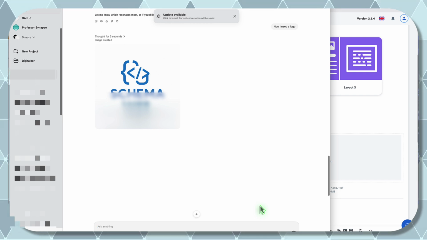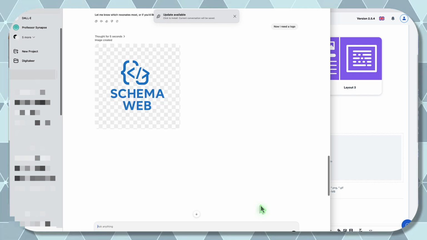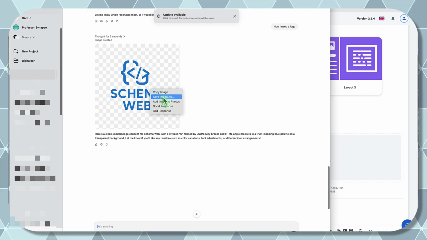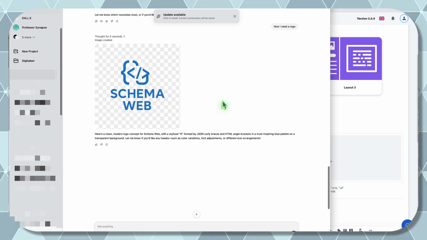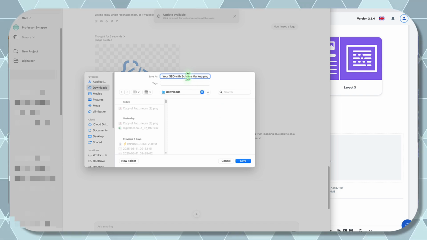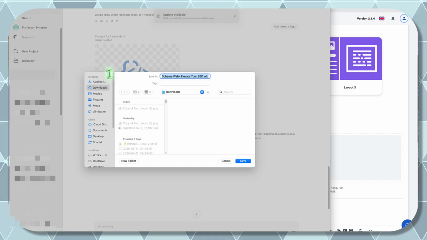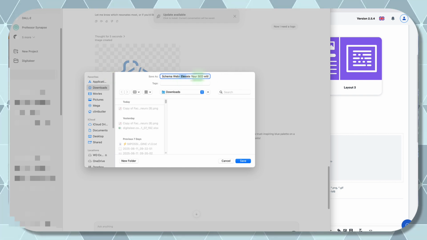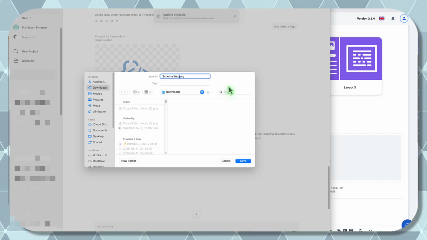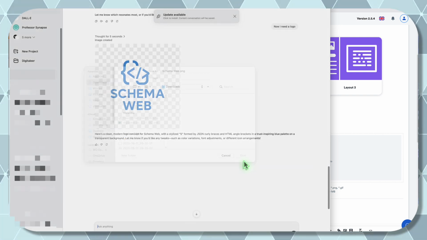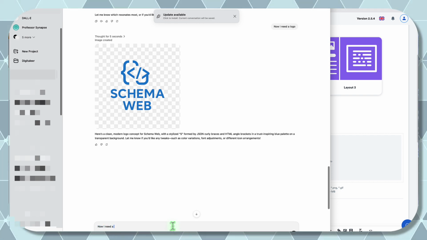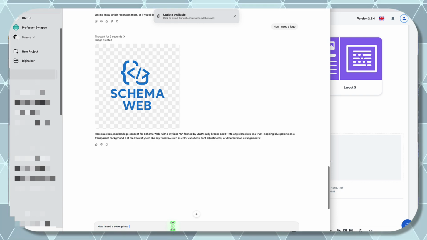Looking pretty good. I think I'm pretty happy with it. Schema web. Perfect. Good job. Save as. And these. Put that back. Save. Now I need a cover photo